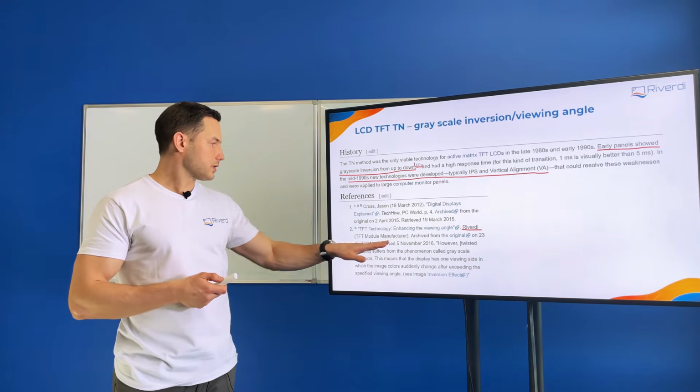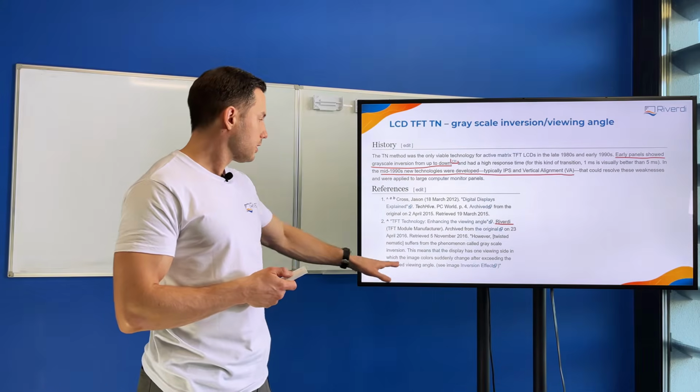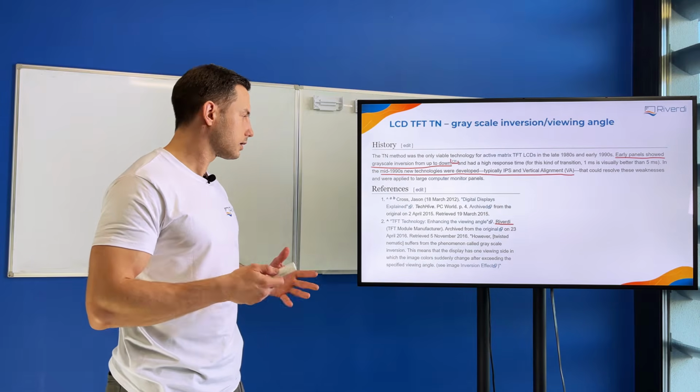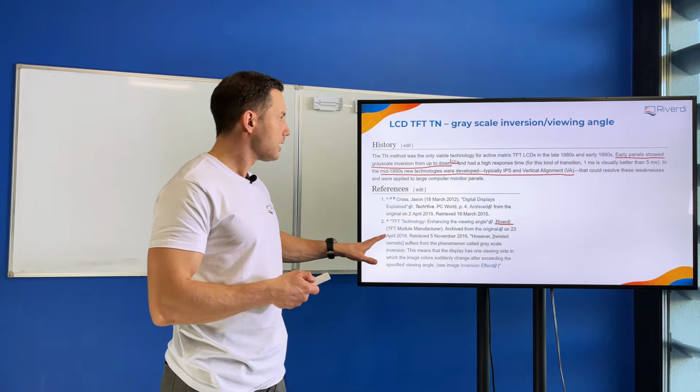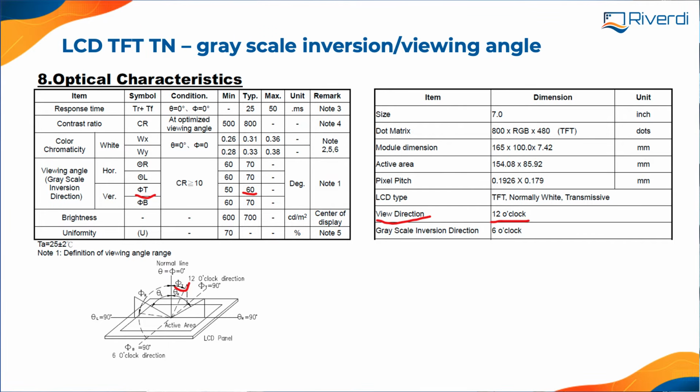So the twisted nematic display suffers from a phenomenon called grayscale inversion. It means the display has one viewing side where the image colors suddenly change. Yes, so this is what we already said. Okay, so as I said, it is tricky and you need to be very careful. So what I'm showing here